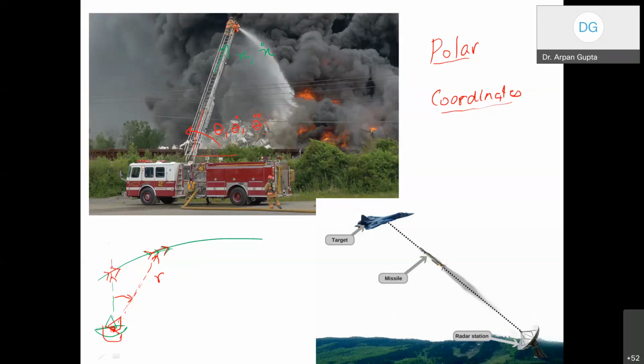And we can have a reference frame, and with respect to a reference line I can measure an angular position theta. I can now measure the position of this particle if I know r, r dot, theta, theta dot and theta double dot. As the particle is moving along this path, this radar is also turning, and therefore we know theta, theta dot, theta double dot.